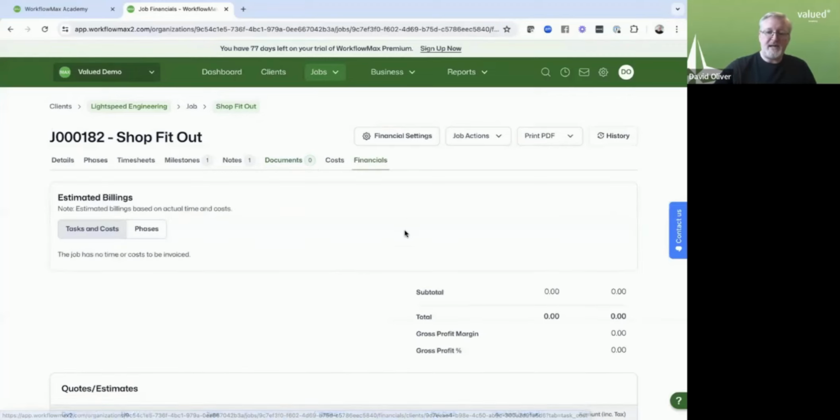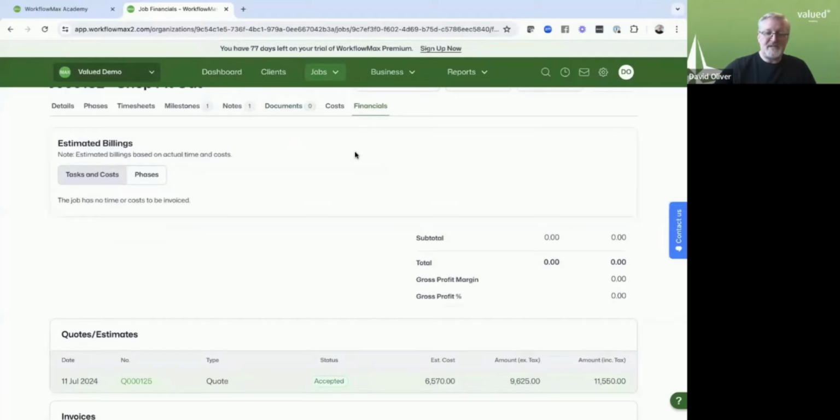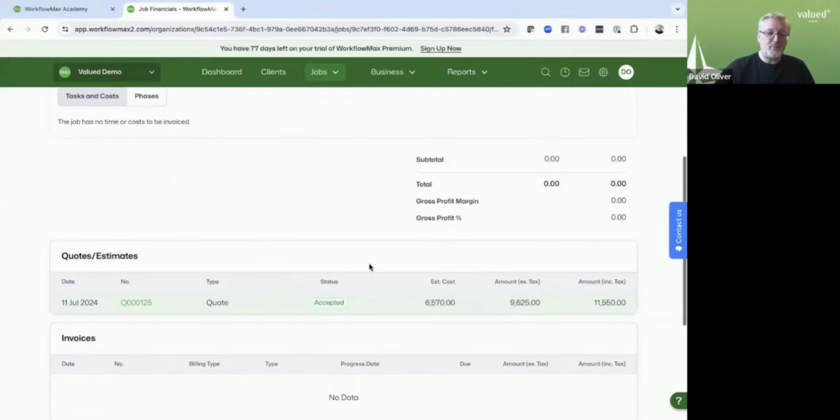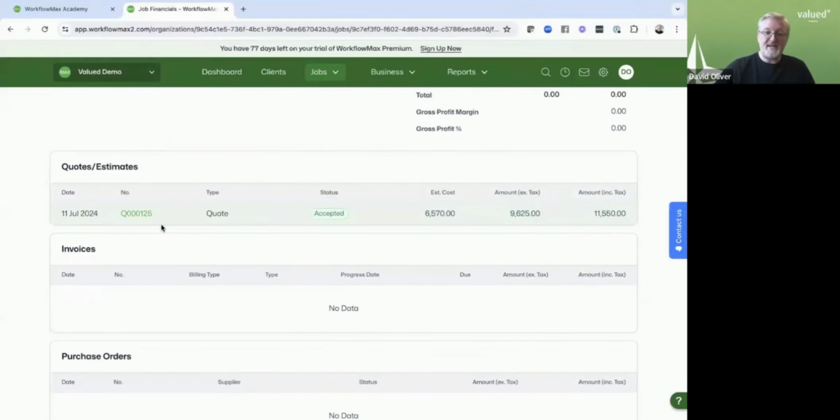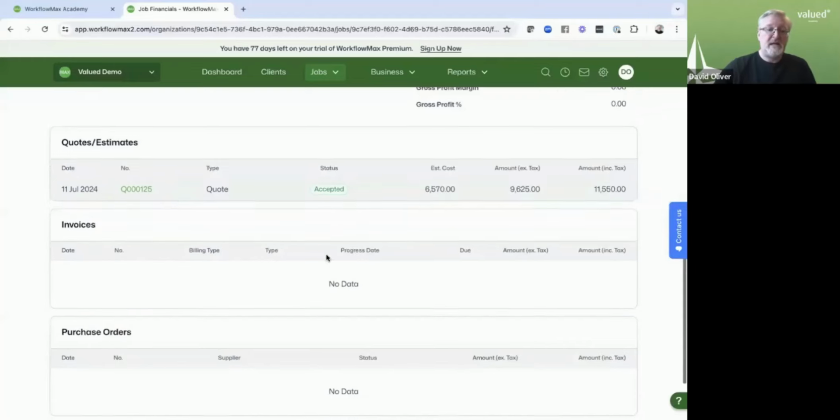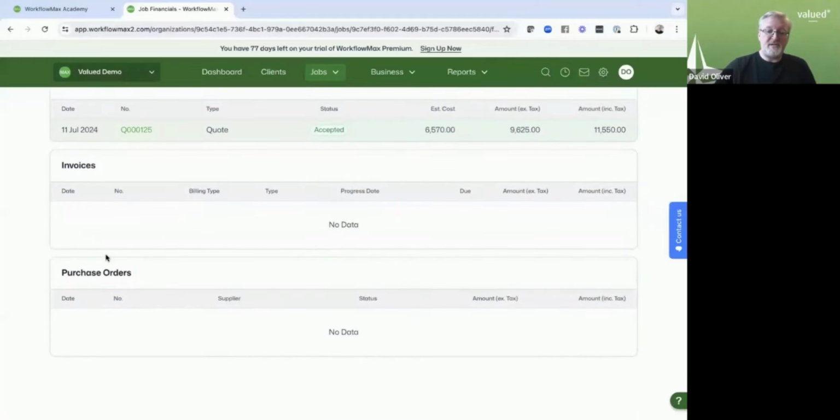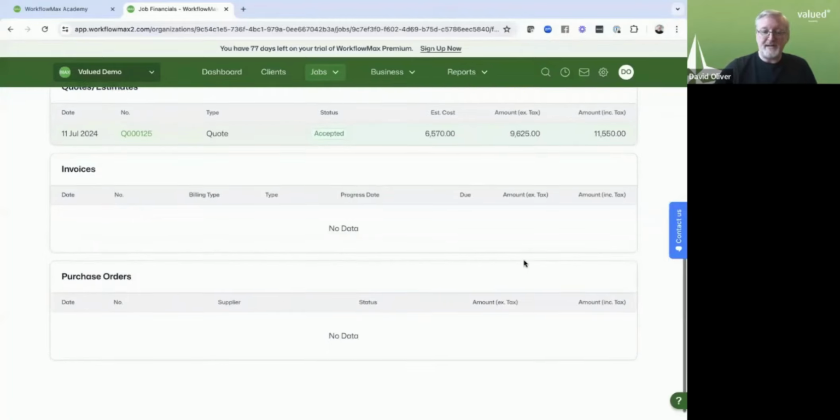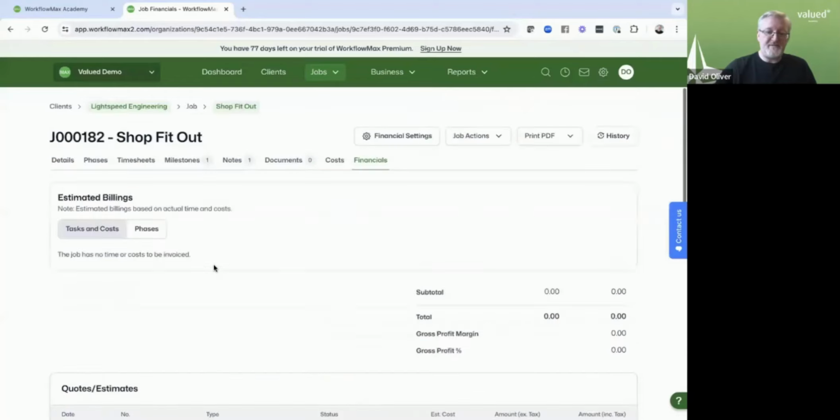So if we've got any outstanding items of task or cost that need to be invoiced for, we can do that here. If we have our quotation or estimate, it will be listed here. The green one is the active quote, the one that the job is currently based off. Likewise, if we've got our invoices or purchase orders, they will also be nestled in this financial tab as well. So again, we can see everything at a touch of a button in terms of how this project is progressing